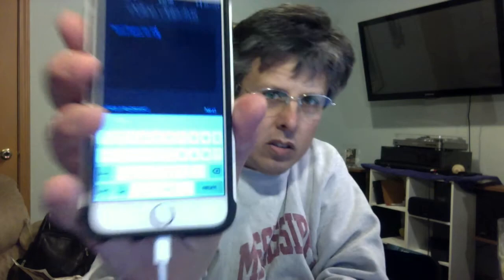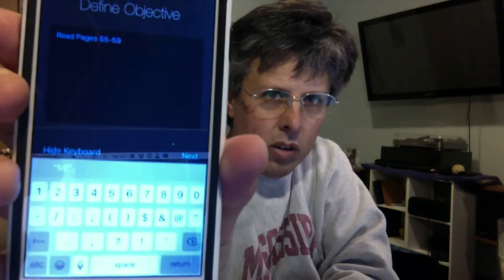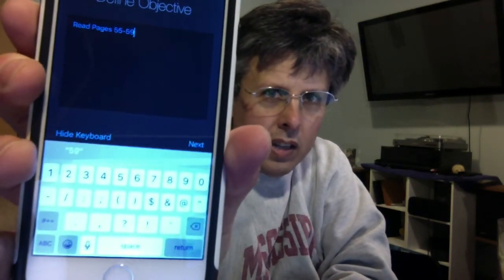Right now, I'm using my app. I don't know if you'll be able to see this or not, but it says that I am. That's not really helping, is it? You can kind of see a little bit there. It's so tough when it starts reading backwards. There it is. It's kind of in the black. I just wrote, it says define. Oh, it went away now. So I wrote, there it is. So read pages 55 to 59, and then I go to next, and then we're going to go for,